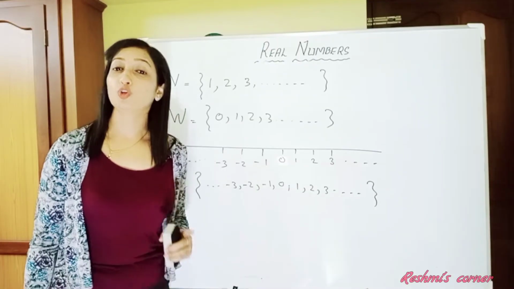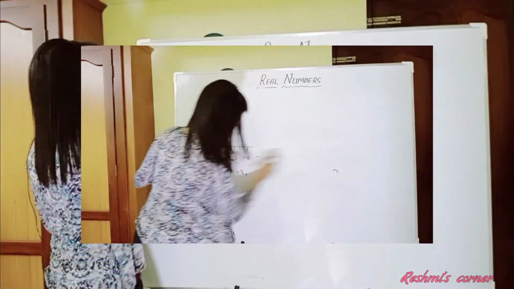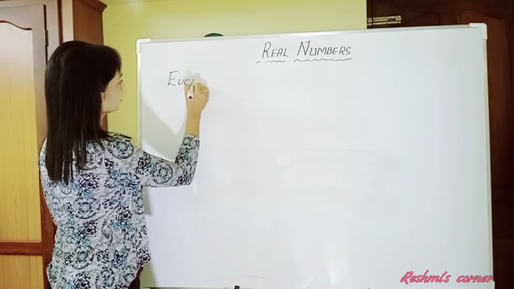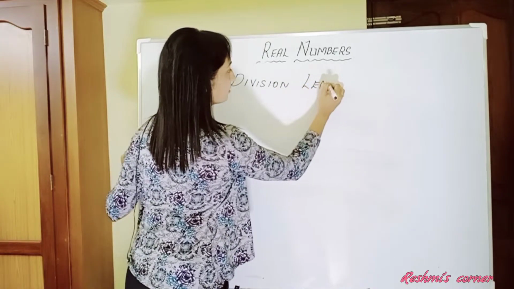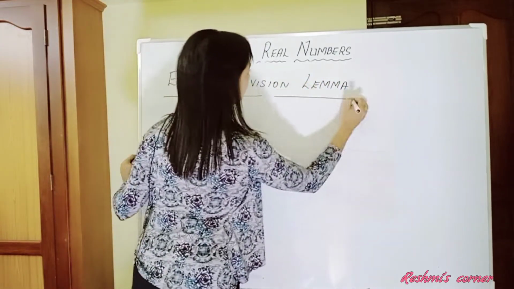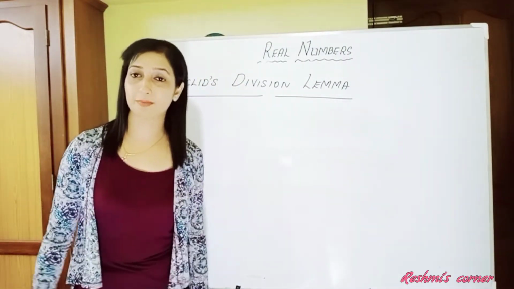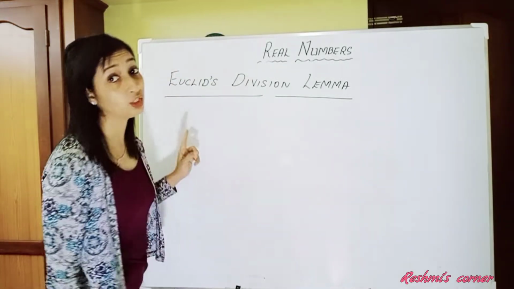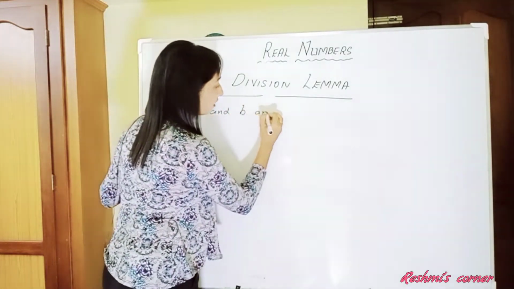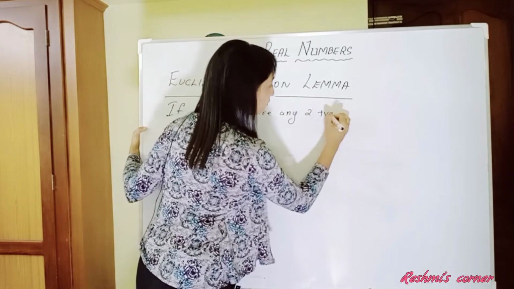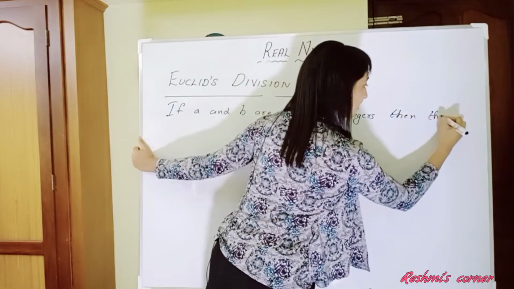Next, we move on to Euclid's division lemma. So let's see what this Euclid's division lemma is. Now, what is this Euclid division lemma? According to Euclid's division lemma, if A and B are any two positive integers, then there exists